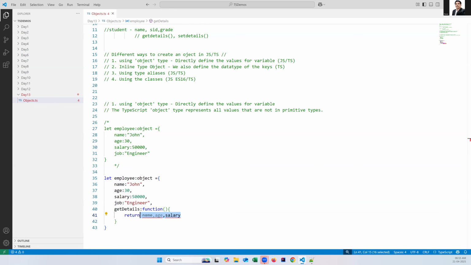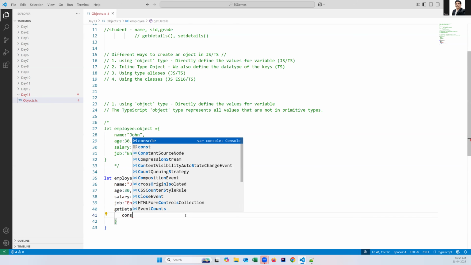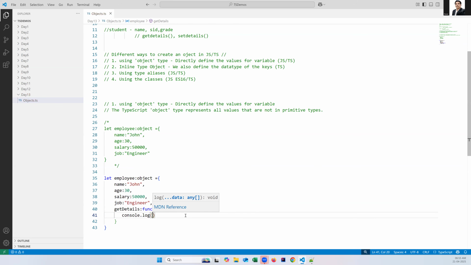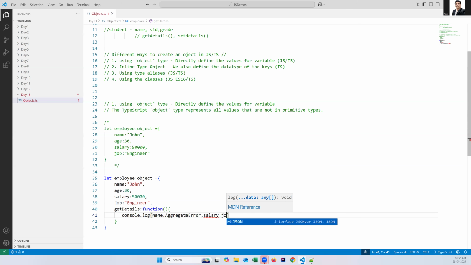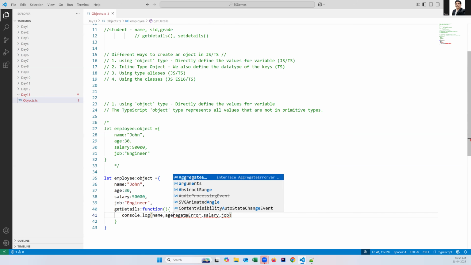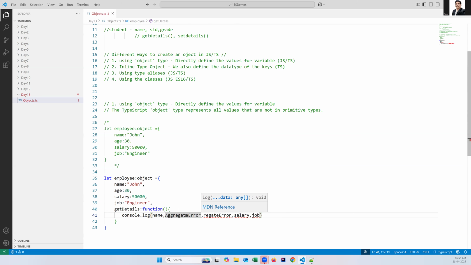So what I can do now is simply print the values, or you can return the values. I say console.log of, I'm just printing the data. I say name, age, salary, job. These are the only values we have, right? So name, age,